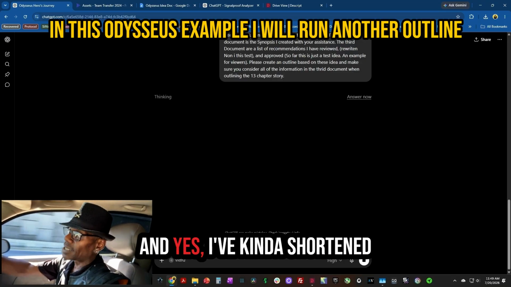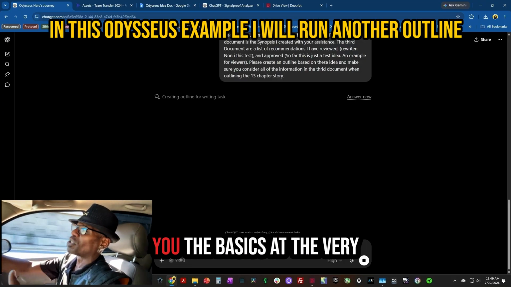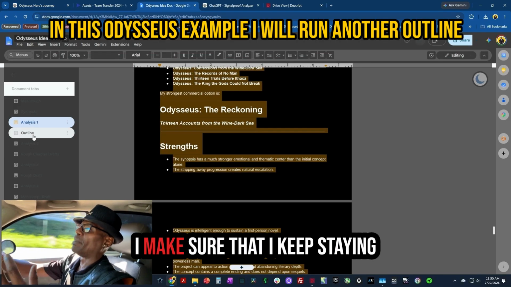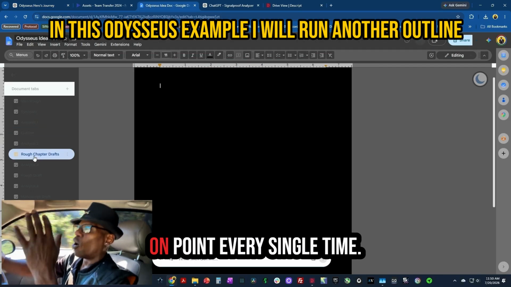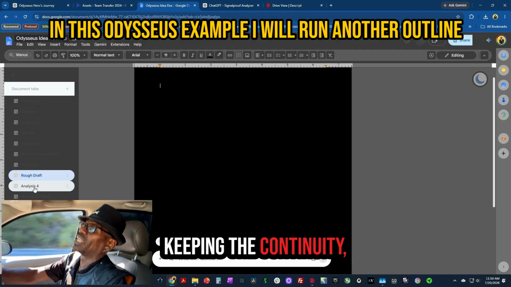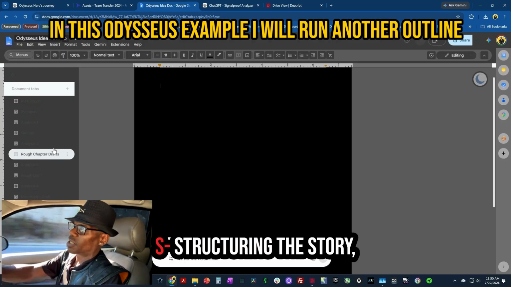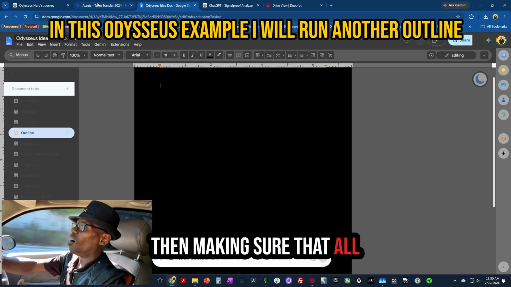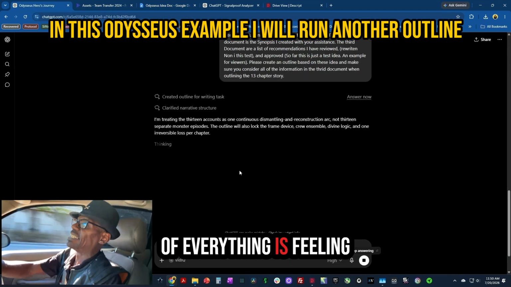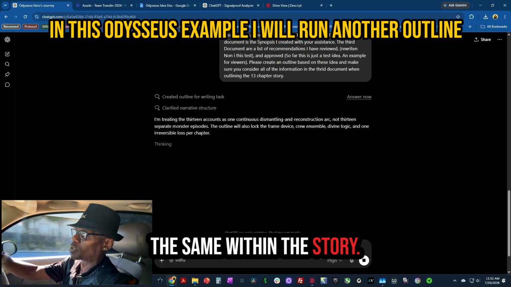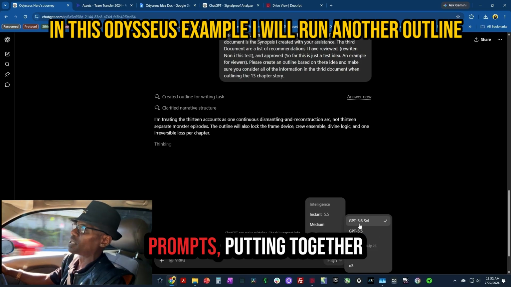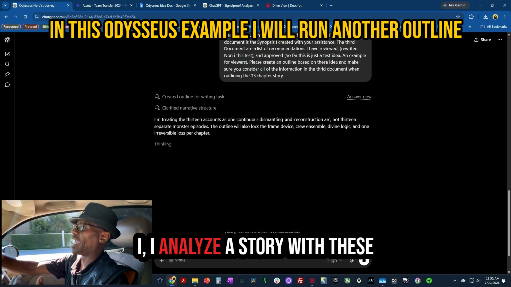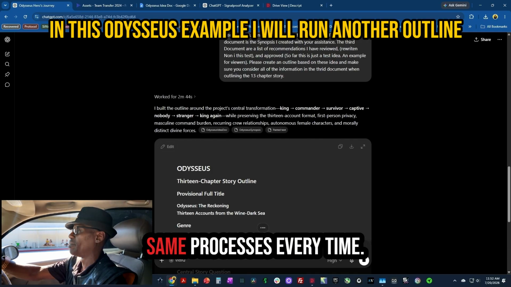And yes, I've kind of shortened it at the end, but I've given you the basics at the very beginning on how it works, how I use the system, and how I make sure that I keep staying on point every single time, keeping the continuity, keeping the story the way I want it to, structuring the story, analyzing the story, and then making sure that everything feels the same within the story, and putting together prompts, putting together ideas, putting together things so that I can make sure that I analyze the story with the same